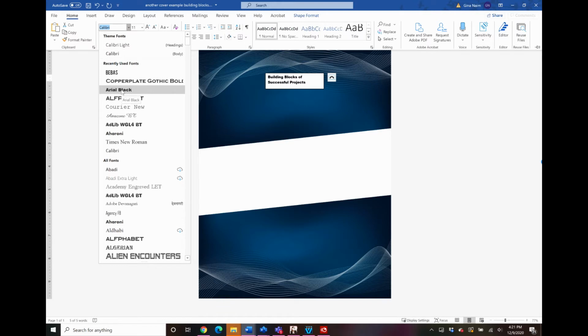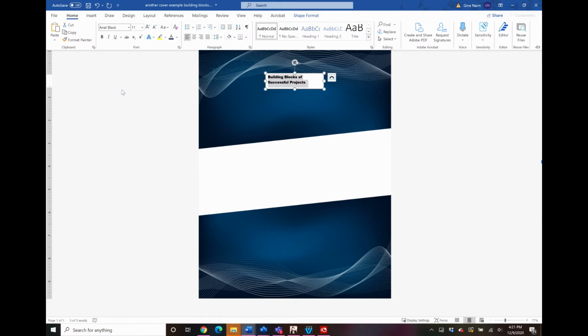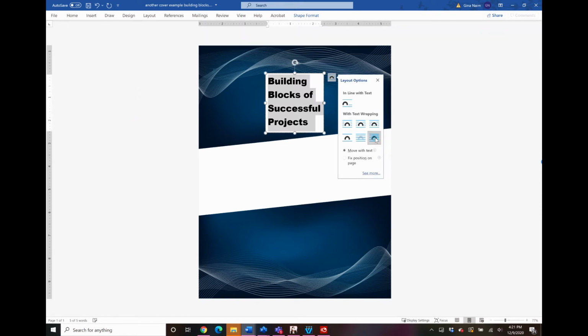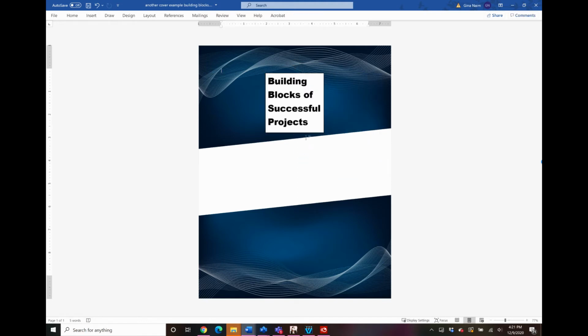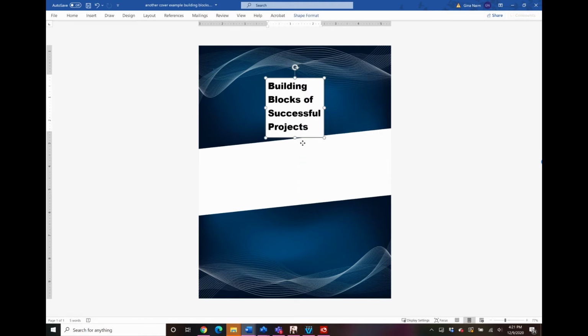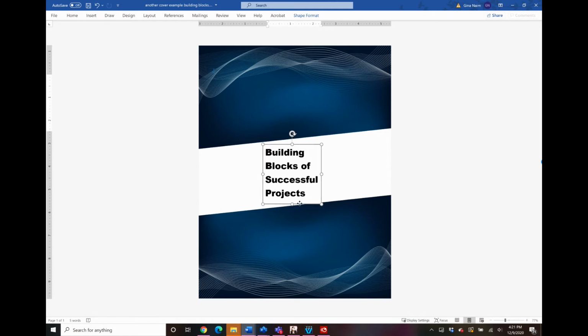Let's go with Arial Black. And then you make it larger. And then we're going to put this in front of text. Move it down into your empty space.